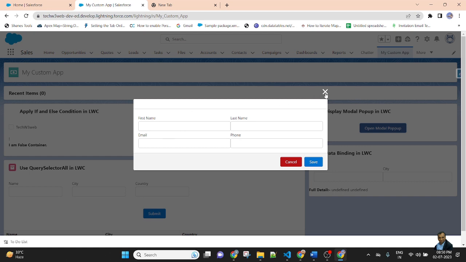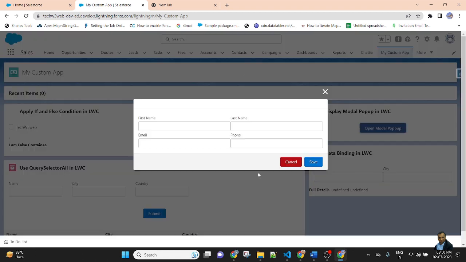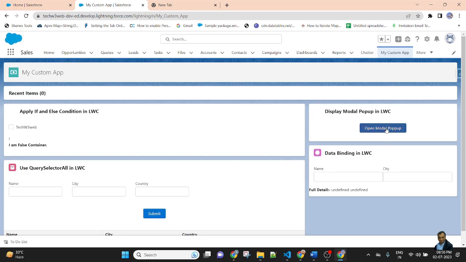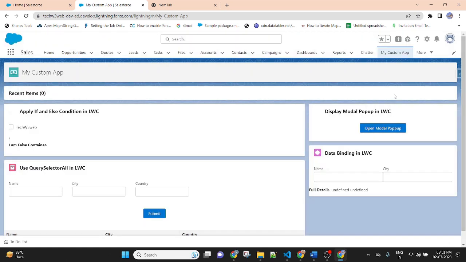And there is a close button, and there is a cancel and save button. Once I click on the cross icon, the pop-up should close. Open the pop-up. If I click on the cancel button, the pop-up should close. So it is working fine. If it is not working in your browser, first you need to clear the cache and cookie in your browser, then click on the button. Then it will work fine.